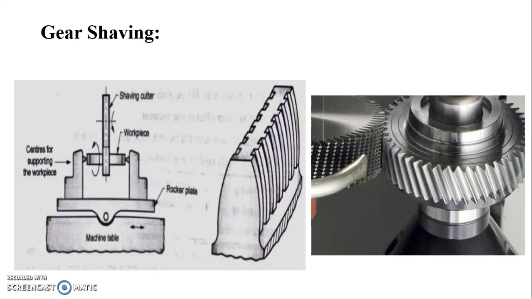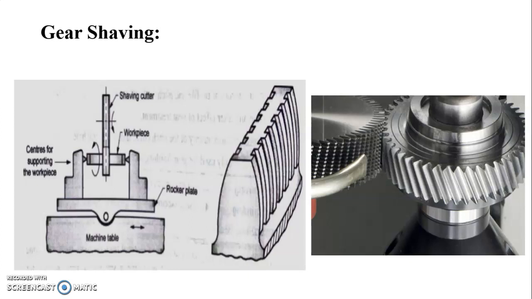It is a process of finishing gear teeth by running the gear at high speed in mesh with the gear shaving tool, which is in the form of a rack or pinion. The teeth of the shaving tool are hardened, accurately ground, and their faces are provided with serrations. These serrations form the cutting edges which actually provide a scraping operation on the mating faces of gear teeth to be finished.